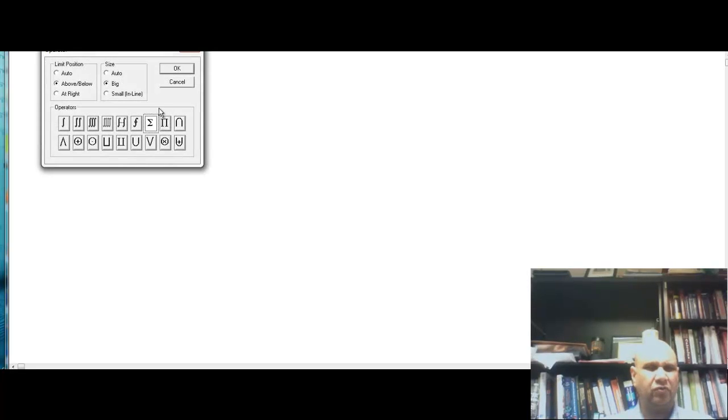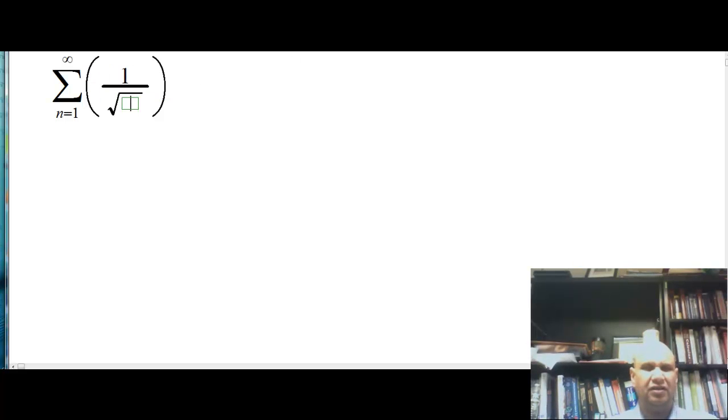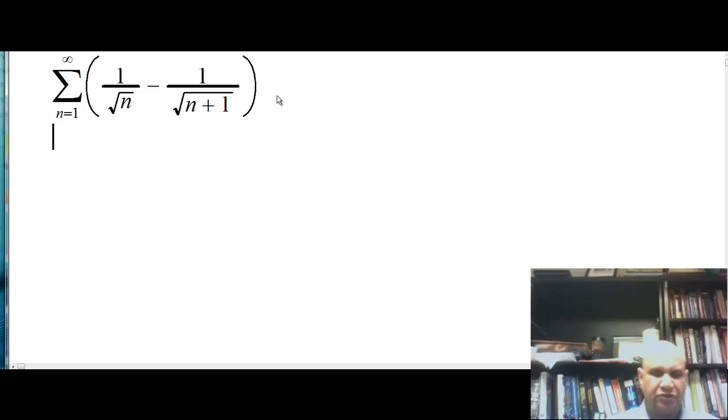So we have to look at this series, where we go from n equals 1 to infinity, right? And then what we got? 1 over square root of n, minus 1 over square root of n plus 1. Very good. And you have to find whether this series converges or